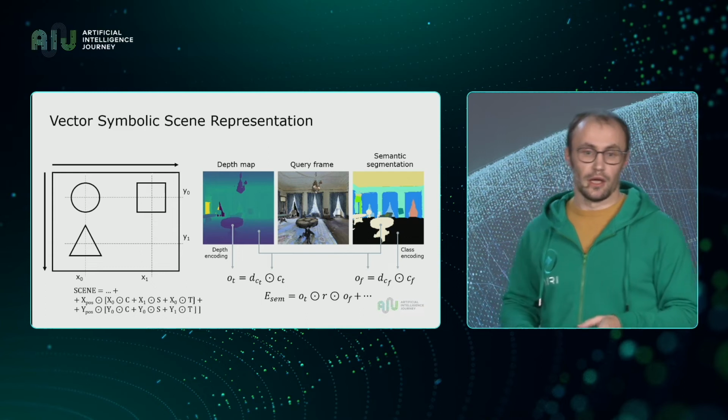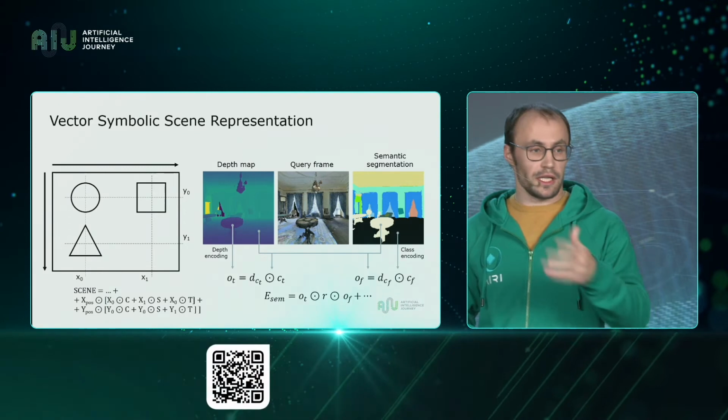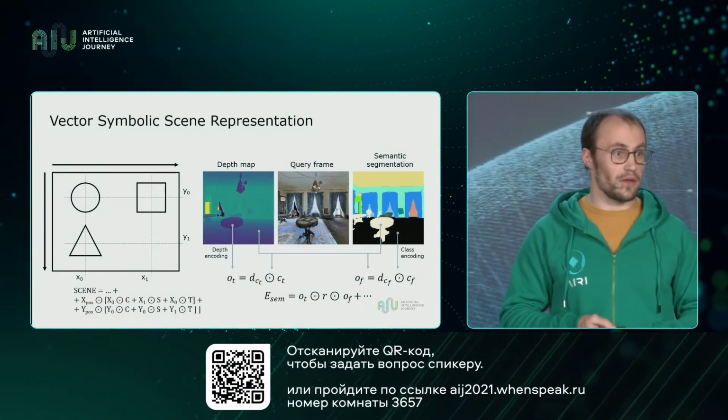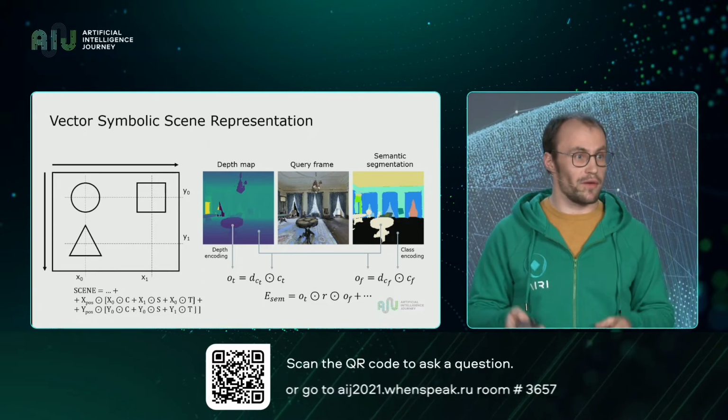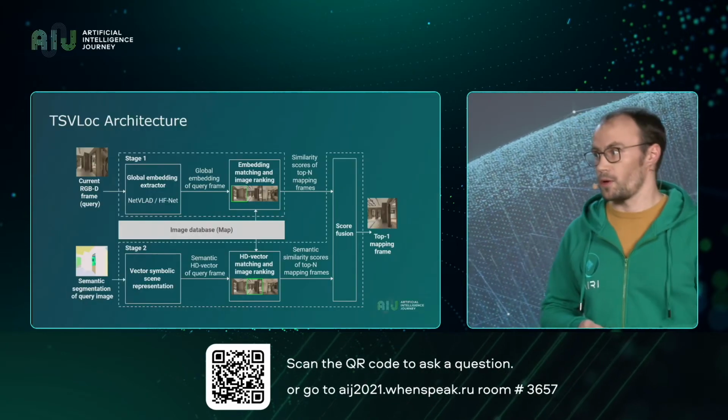And then let's have a look at how we describe the scene this way. We're coding the depth, we're coding the type of the object. We can add different additional traits, for instance, color or shape. And we can describe the image and we can add it to the vector description of the scene that is done by a